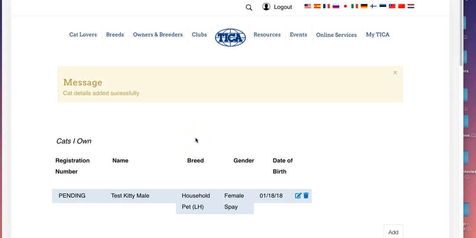You want to make sure, though, that if the confirmation's already been sent by the entry clerk, that the entry clerk recognizes that you made some change to your cat. So just send them an email, make sure that they know. And here's most important, when you get to the show, verify in the show catalog that it has the correct information. If not, when you get to the show, let the master clerk know immediately that there's an error so they